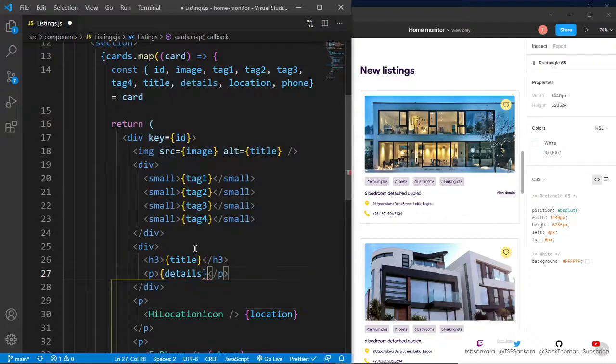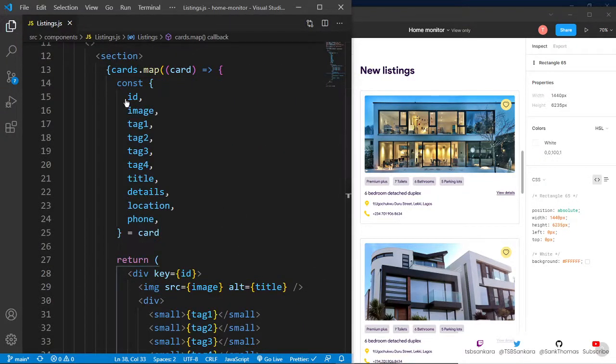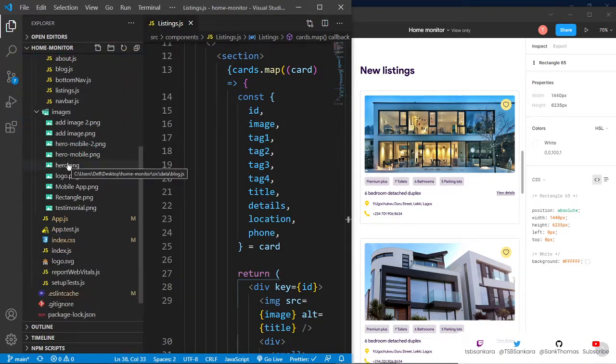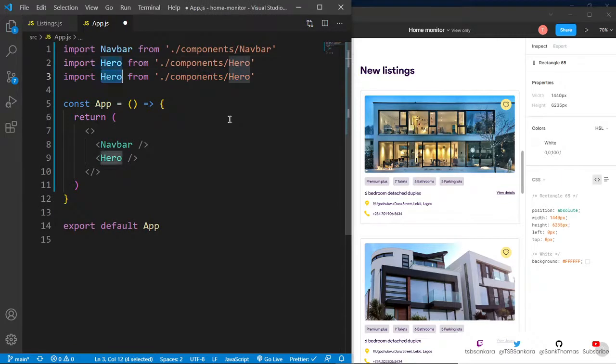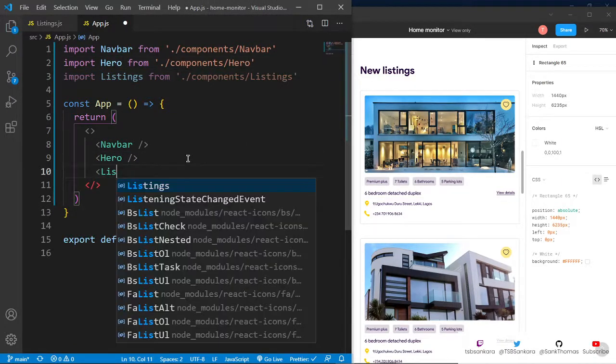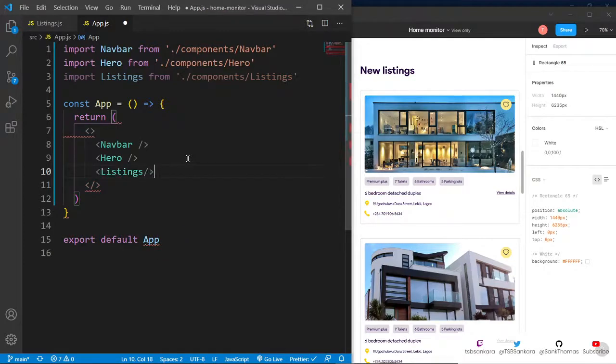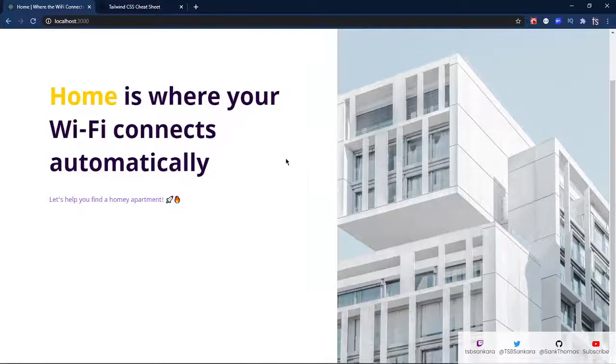And the reason for that is because I want to display flex on this, so that I can set them to space between, so that it goes end to end, as you can see right there. So let me save that, and then let me import it in my app.js. And I'm going to say copy this down, change this to listings, and then just render listings, like that, which should render,